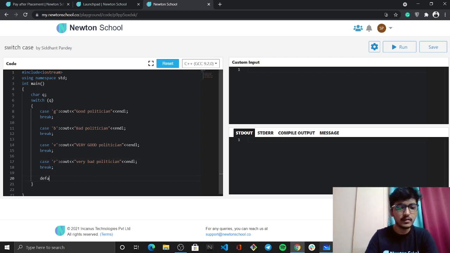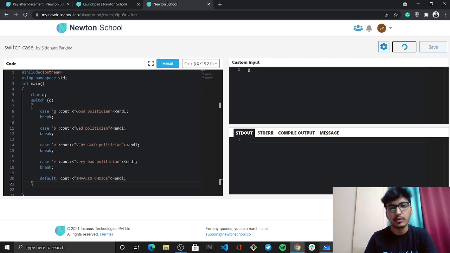Okay, and then we go to the default case. Default case is cout invalid choice. Okay, so this is supposed to be the, I guess this might run, yeah. तो अभी इनपुट देके देखते हैं. So if I put the input as g, I might get good politician as the output. It is giving me invalid choice as the output